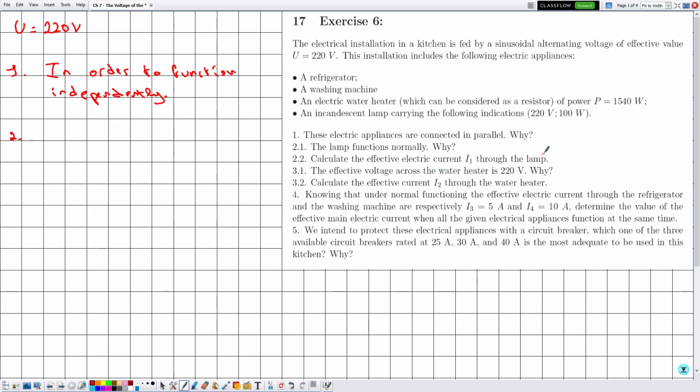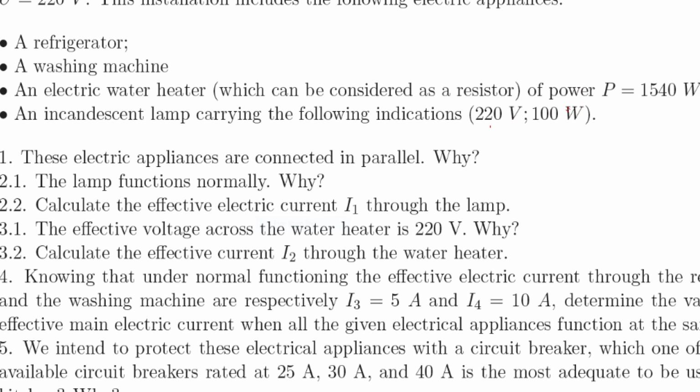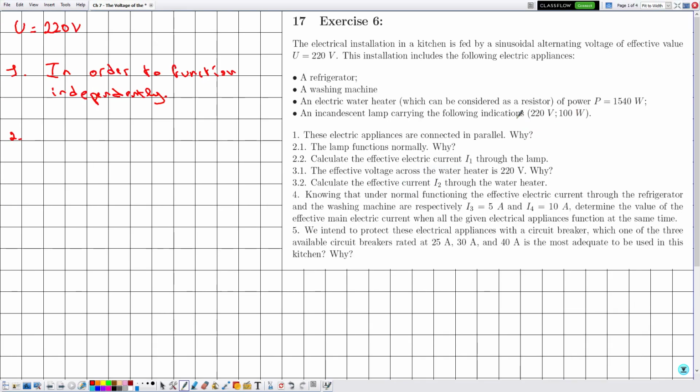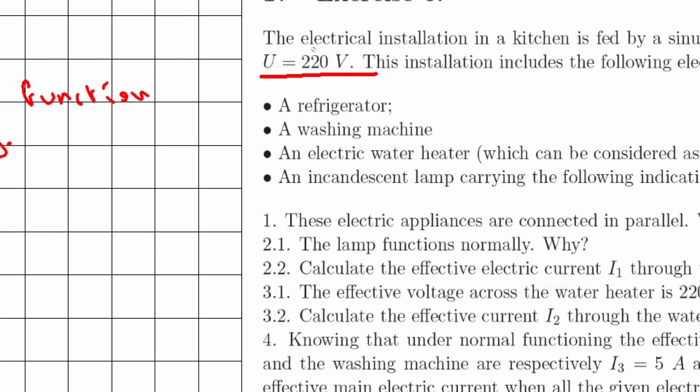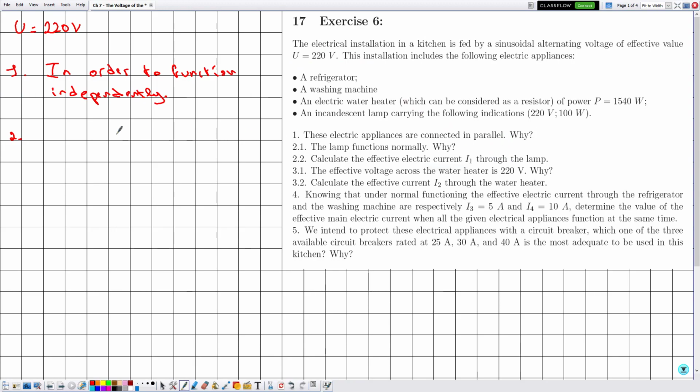Now number 2, the lamp functions normally. Why? So here they are talking about the incandescent lamp that has a rated voltage which is given by 220 volts, and you know that the applied voltage is given by 220 volts. So whenever we need to discuss the functioning of an electric component, we should compare the rated to the applied. Then since